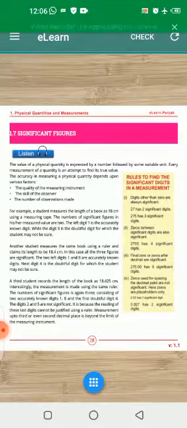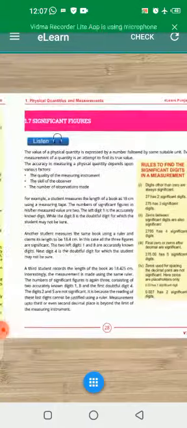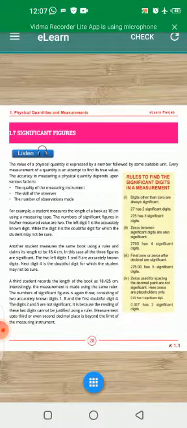Number two is the skill of the observer. That is, does the observer know how to use this instrument? Does he or she know what the factors are which affect the measurement and how he or she has to correct the zero error? All these things are very important while you are taking the measurements. Number three is the number of observations made, that is how many observations you have made. For the accuracy of measurement, you should take 3 or 4 readings and then take the average of that. In this way you can get the accurate measurement.